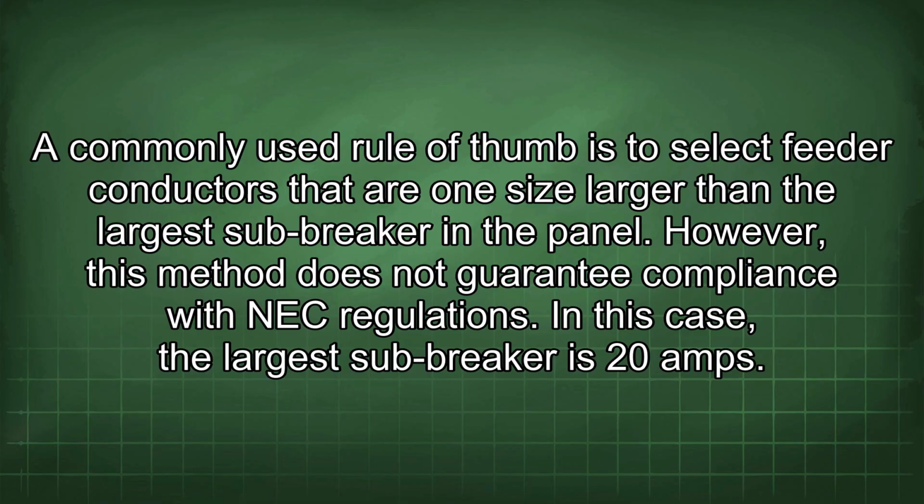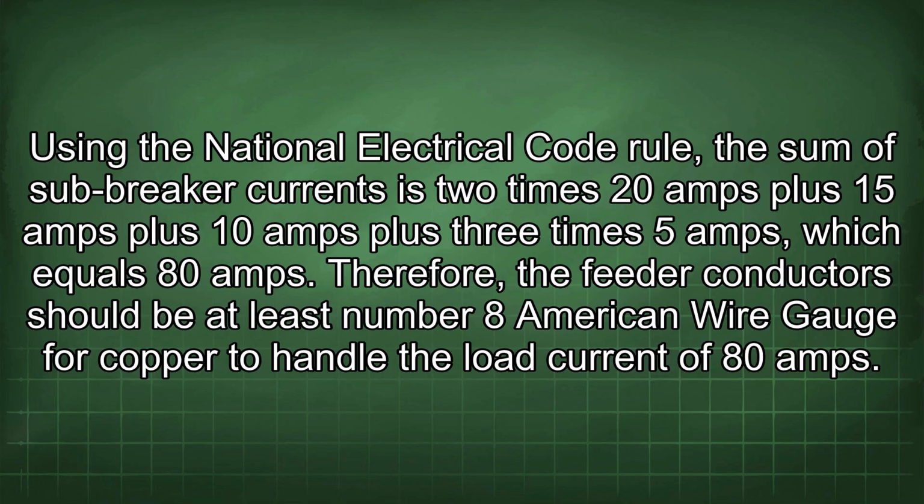In this case, the largest sub-breaker is 20 amps. Using the National Electrical Code rule, the sum of sub-breaker currents is 2 times 20 amps plus 15 amps plus 10 amps plus 3 times 5 amps, which equals 80 amps. Therefore, the feeder conductor should be at least number 8 American wire gauge for copper to handle the load current